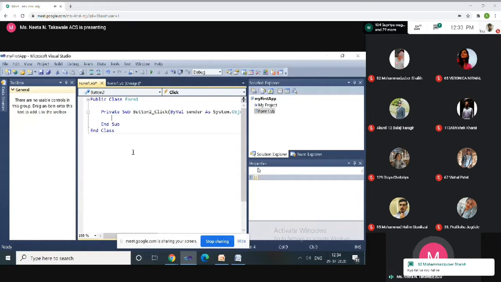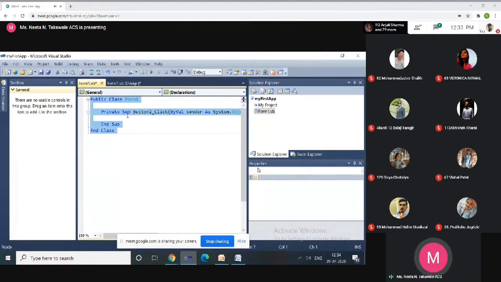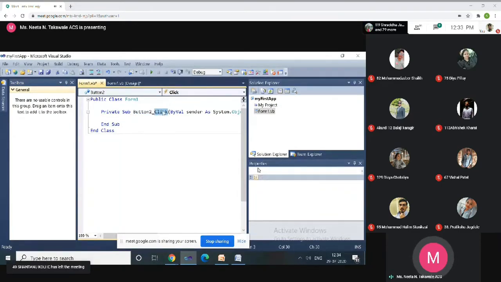Now, see, when I double click, it shows a default code. This code is automatically generated. There is no need to write this part. This code part is for the event. If you double click on that button, it will use the name of that button, then an underscore, then the event of that button. So what is the meaning of that? Whatever code you write within this part, this private sub and end sub,